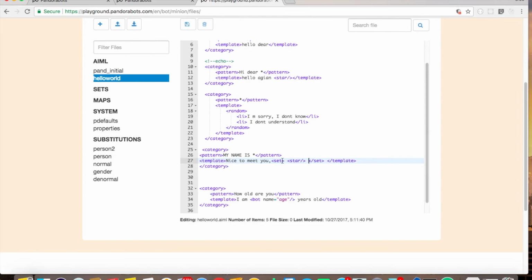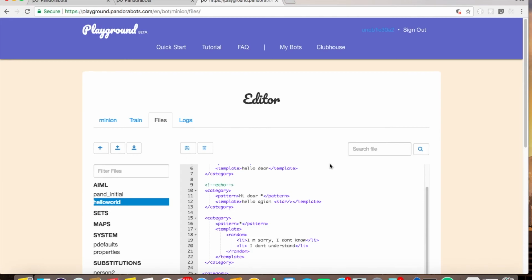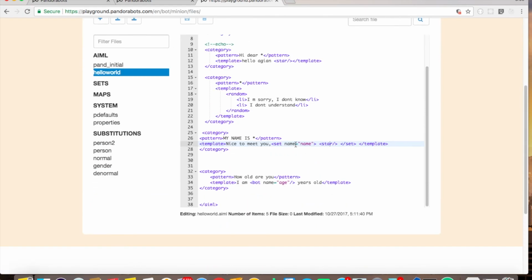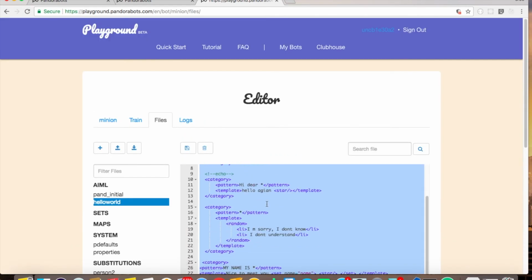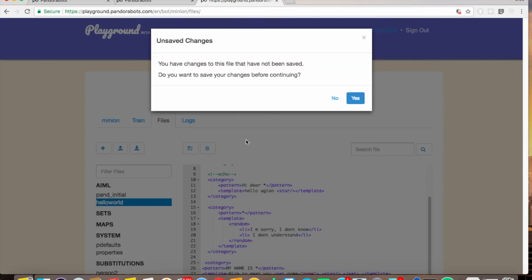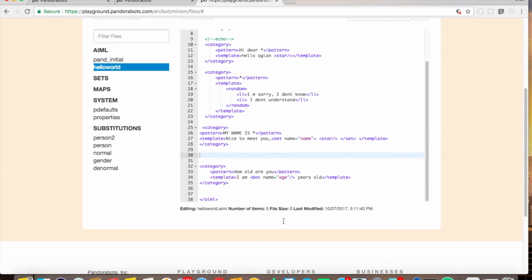Then inside this, I could say name equals, define a name. This would be my predicate variable, which is gonna have my name, and this is gonna be the value. So if I say my name is Priya, then Priya is gonna be set inside this variable. Now if you want to see what we got back is right, we could do it here.